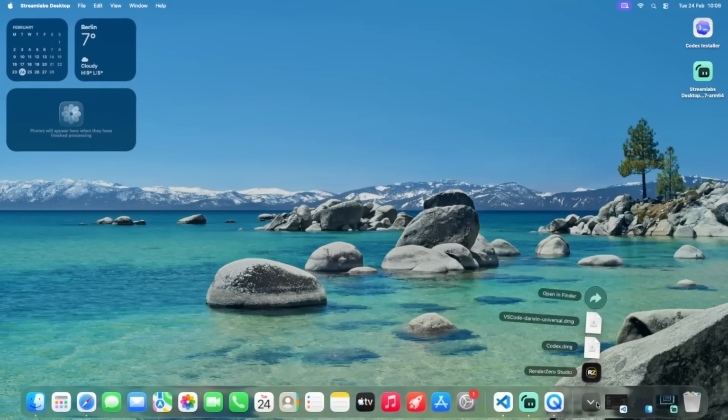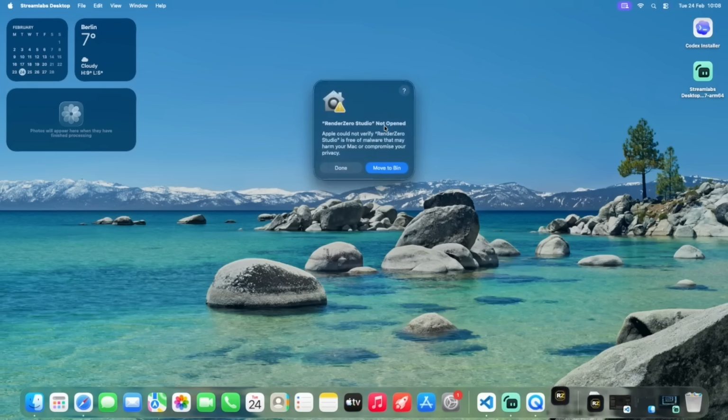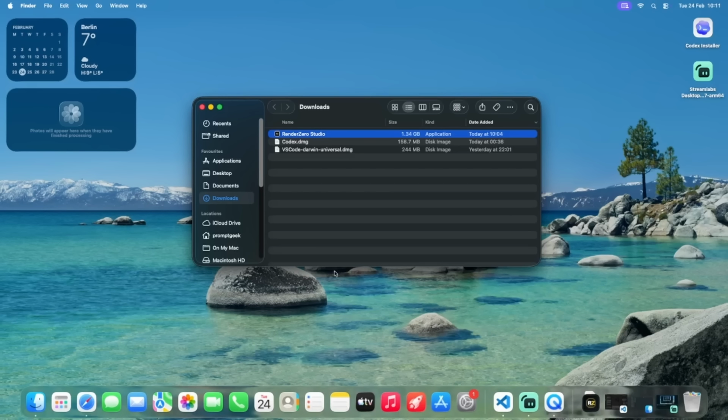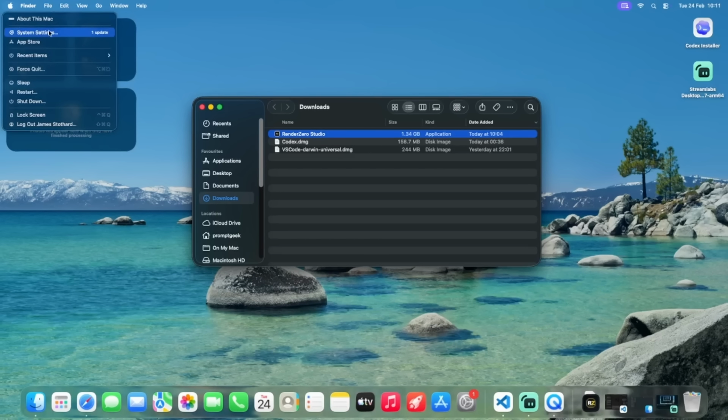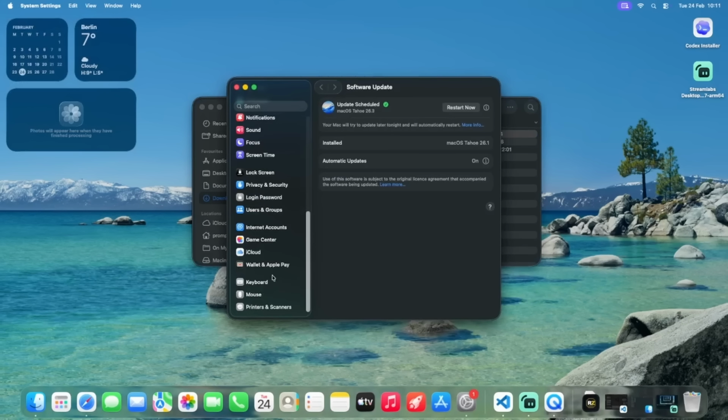So you're going to download the app. You're going to click on it. It's going to start installing, but you're going to get this notification where it says RenderZero not opened, and then you're going to actually click on Done to dismiss this. Then go to your Apple icon, System Settings, scroll down to Privacy and Security,